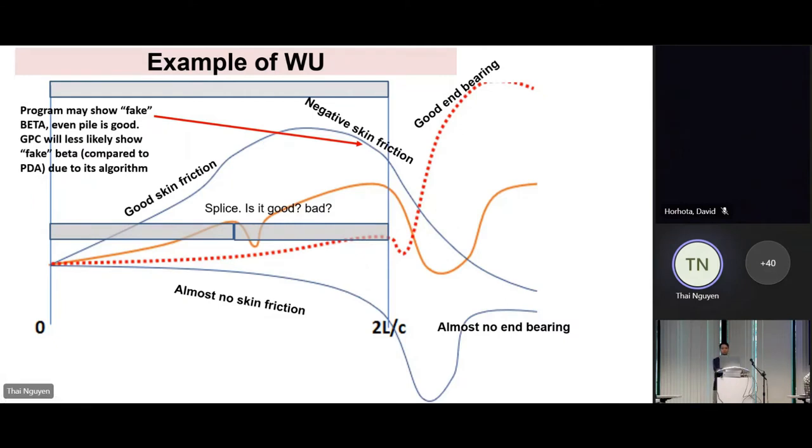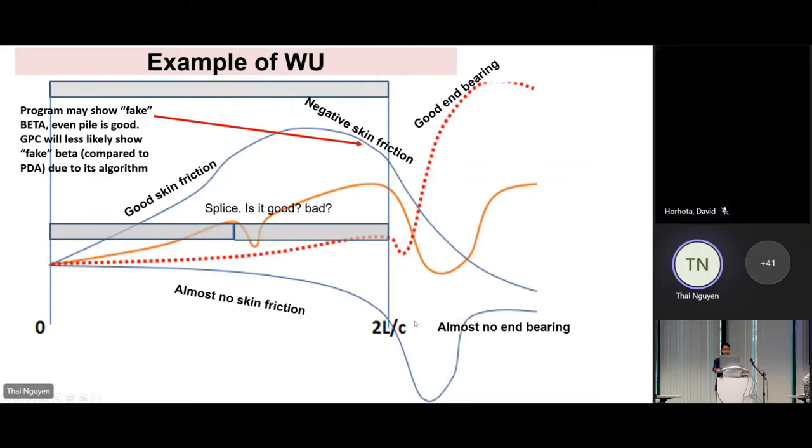So WaveUp is really important. We can see all kinds of different things based on WaveUp. Example here, almost no skin frictions. The lower one here, almost no skin friction, almost no end bearing. So the rise of the WaveUp after 2L over C represents end bearing. So in this red one here, that's good end bearing. That's very good end bearing, and the magnitude here would sometimes represent the quake, the toe quake, if the force